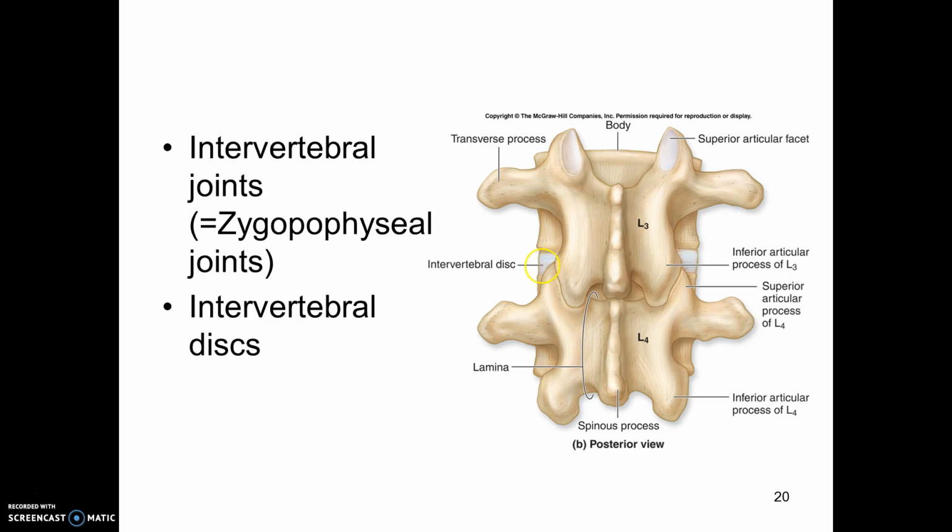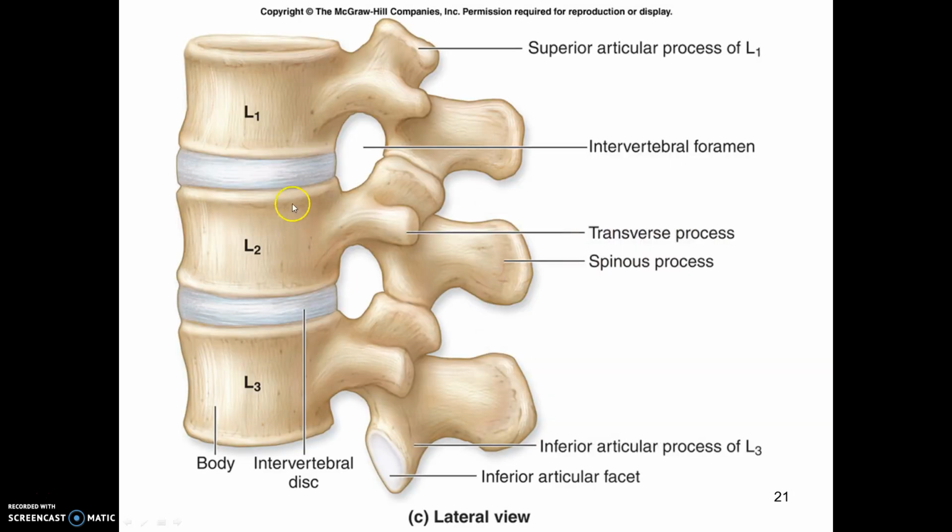But it's made up of fibrocartilage. So we would refer to this structurally as a cartilaginous symphysis joint. And you might think back to Module 1, where we had another cartilaginous symphysis, which was between the two bodies of the pubic bone, called the symphysis pubis. So same idea here. There's a mild degree of movement, so we could functionally classify it as an amphiarthrosis,